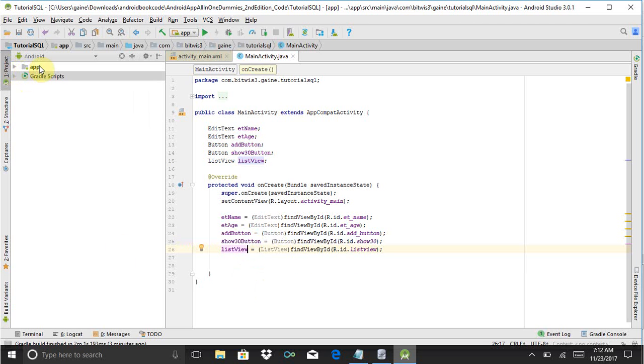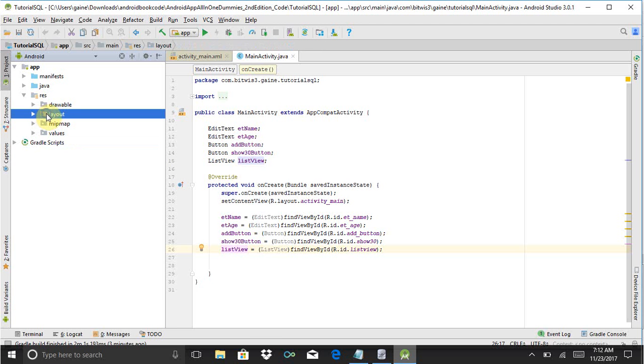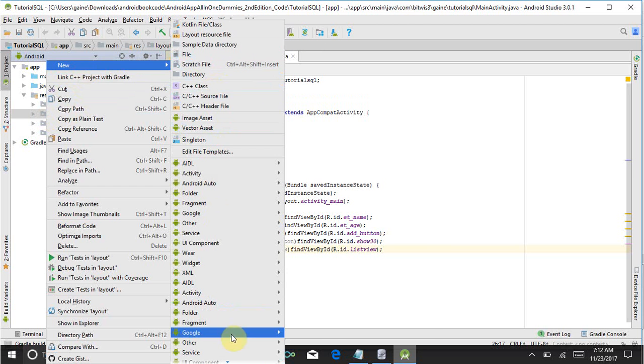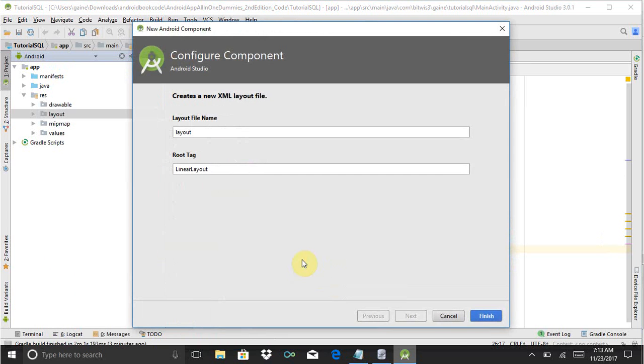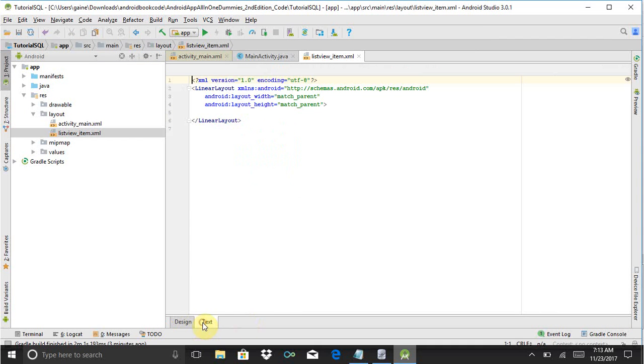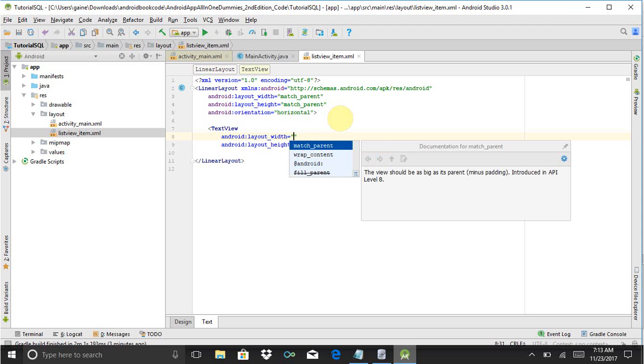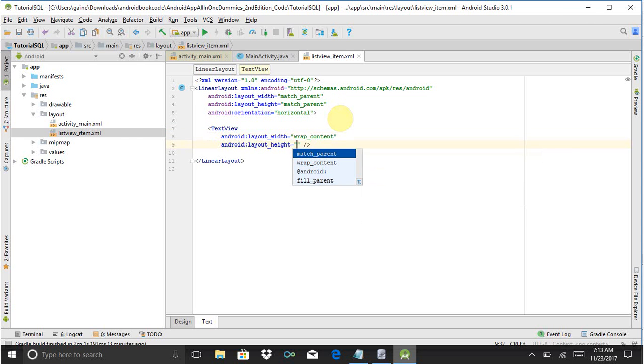Okay, so now that our layout is done for that, we will also make the layout for the custom list view items. So go to your layout, new, XML, layout file. And we're going to call this list view item. And we are just going to make this, make sure it's horizontal. I'm going to add 2 text views in here with wrap content,